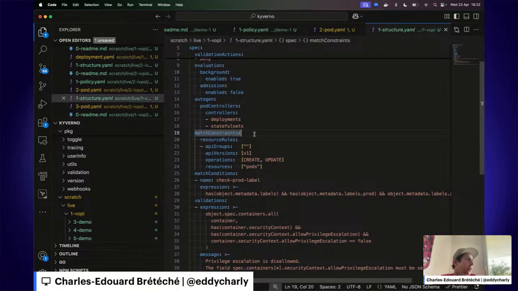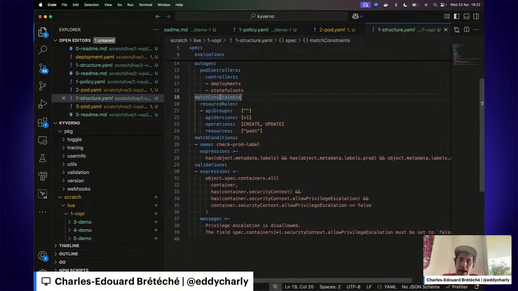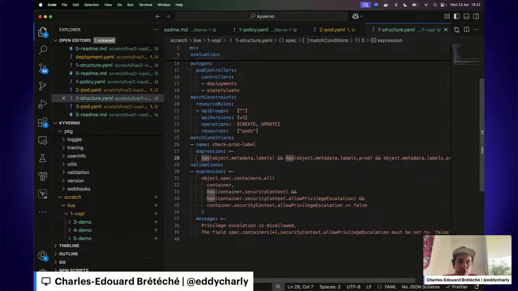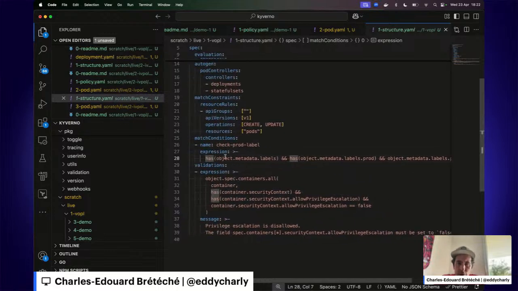So that's essentially the same thing you have in validating admission policies and webhook configurations. And if that's not enough, there's a match conditions section. This time it's based on CEL. So you can have a programmatic way to determine if the resource applies to the policy.